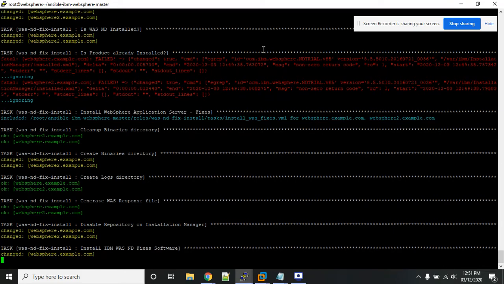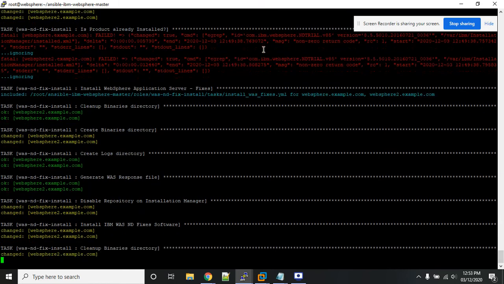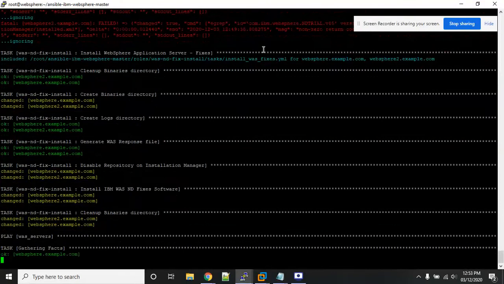So here you can see that the fixpack has been installed on the first server, websql.example.com, and it is applying on the second. You can see here the fixpack has been installed on the second server also.